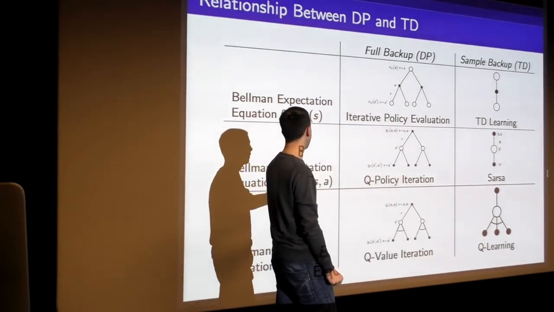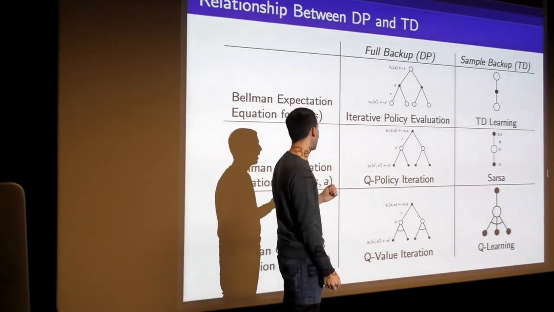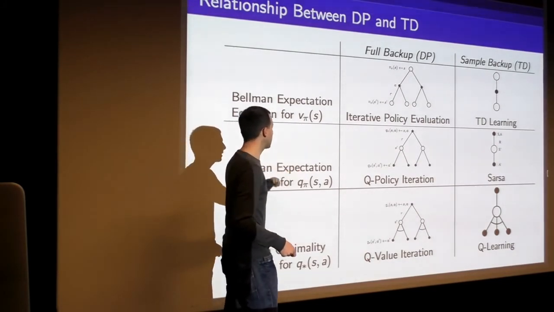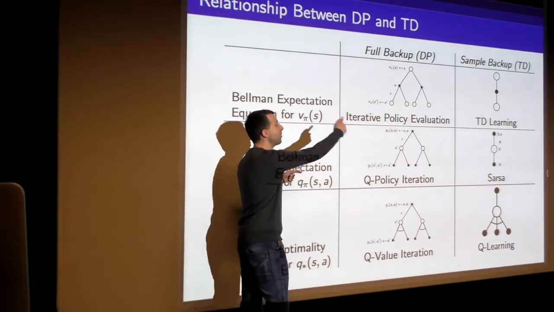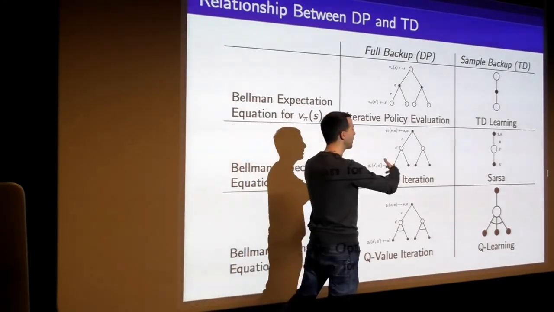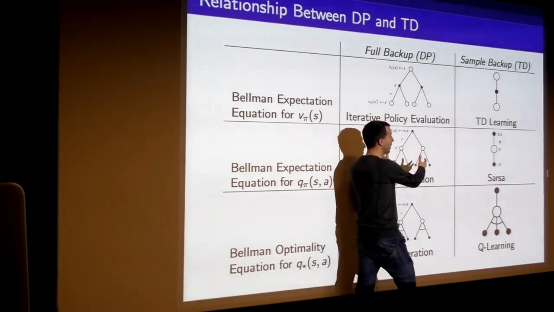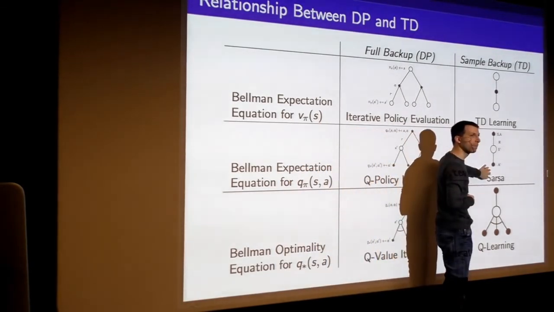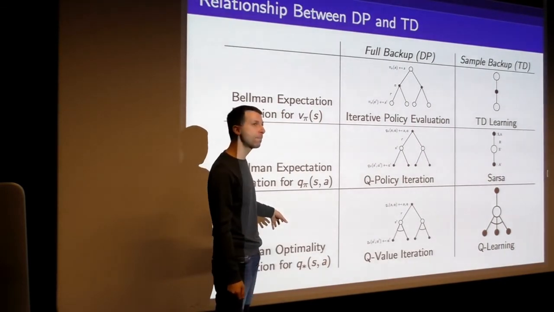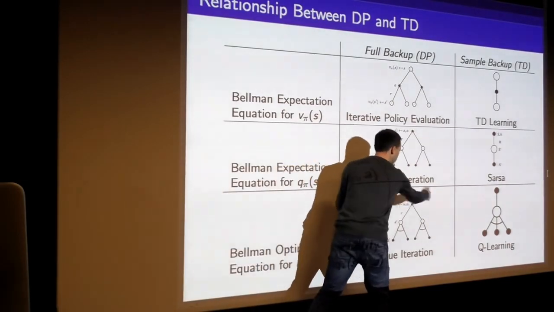When we do the Bellman equation for Q pi, we can actually do SARSA now. So when we use the Bellman expectation equation for Q pi, we can use that to evaluate our Q values and then plug that into our generalized policy iteration to make our policies better and better. So we can either do that using a policy iteration framework for dynamic programming, or that gave us the SARSA algorithm. And then finally, we can use the Bellman optimality equation for Q star. And when you use the Bellman optimality equation, you can either plug that into value iteration